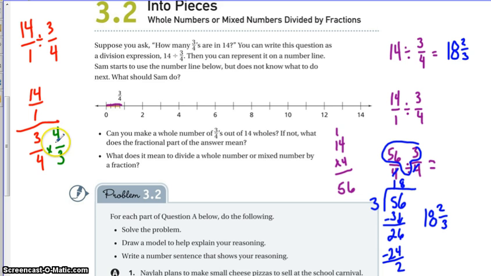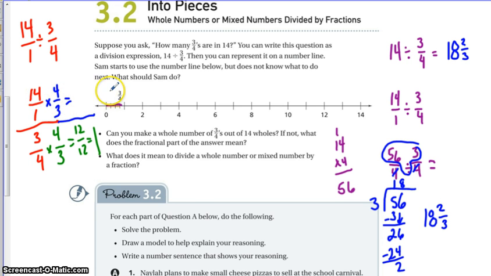So 3/4 times 4/3 would give me 12/12, and that equals 1. Now, because we are working with a fraction, what we do to the denominator or to the numerator, we also have to do to the other one. So because I multiplied 3/4 times 4/3, I also have to multiply 14/1 times 4/3. Okay, and if I do that,